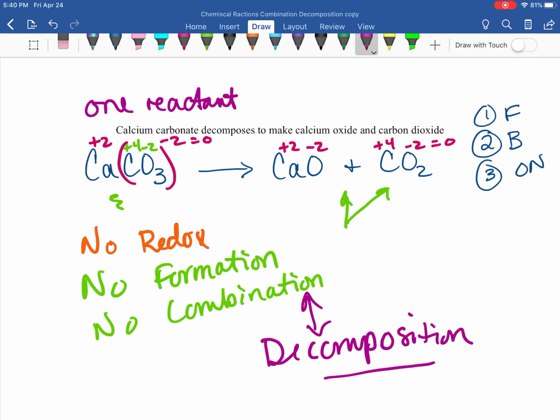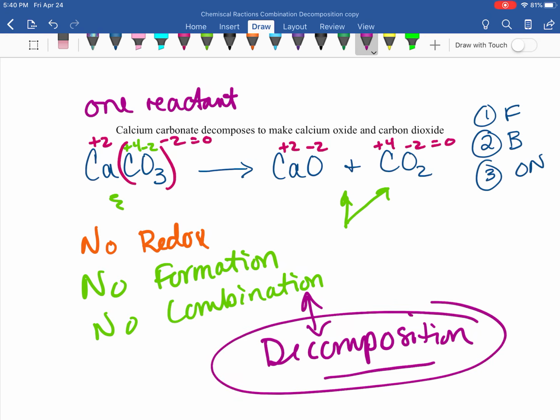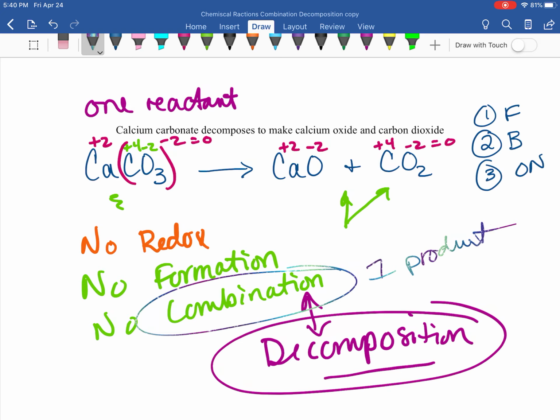How do you know if something's a decomposition? Here's my shortcut. We have one reactant. That's it. That one reactant is going to decompose and fall apart and make several products. So that is what a decomposition is. They can be redox. They cannot be redox. It just depends. In this case, it is a decomposition and it is not a redox. So remember, combination and decomposition, they kind of go hand in hand. They're the opposite of each other. Combination, one